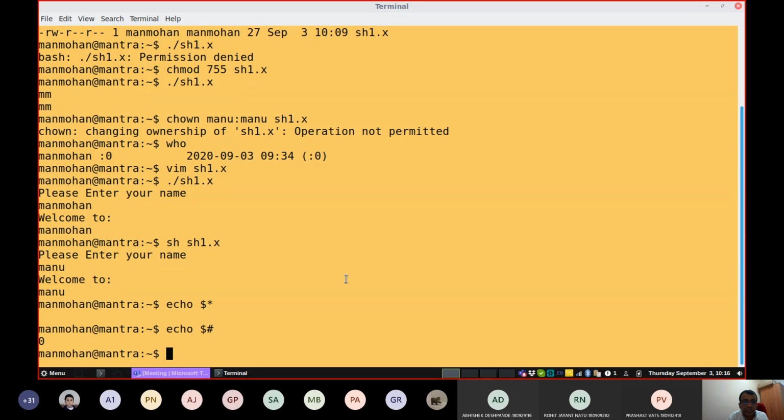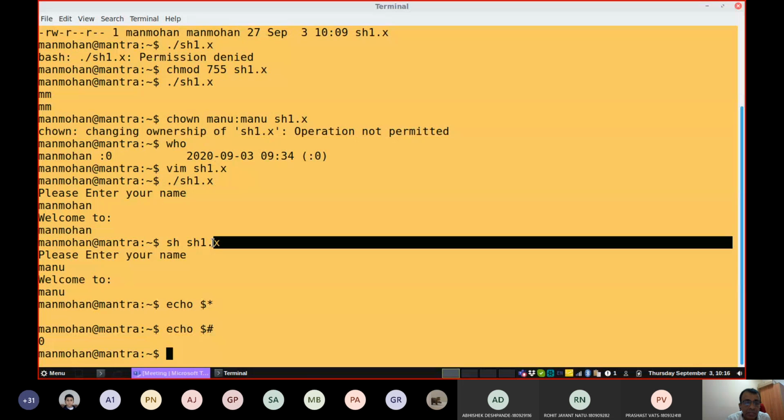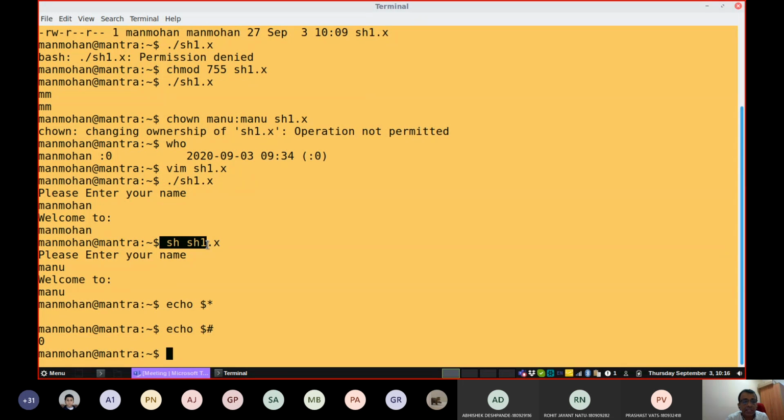$* is one of the useful parameters. $# gives you 0 at present because while executing the previous shell program, I have not used any command line input arguments. That is the meaning here. Now, how does it matter? Similarly, say for example,